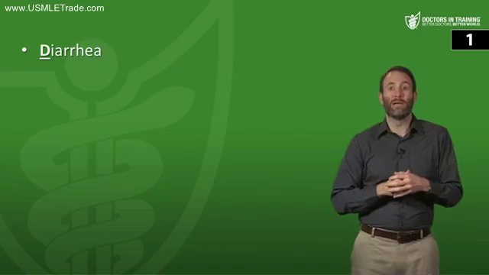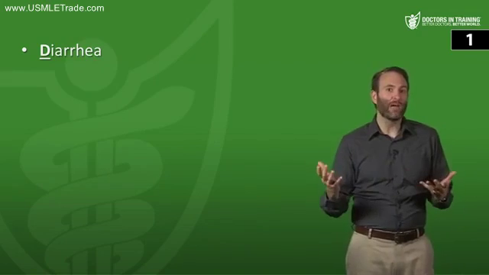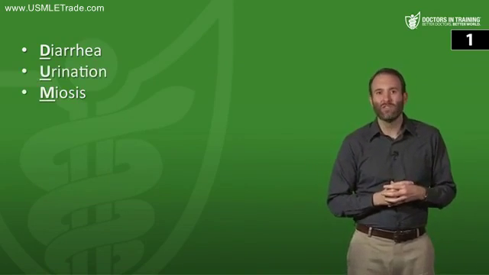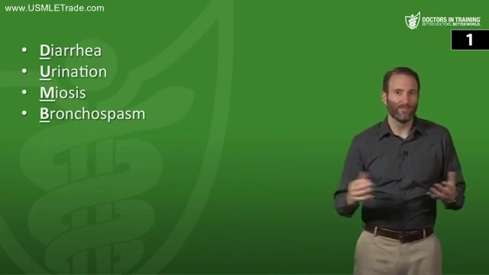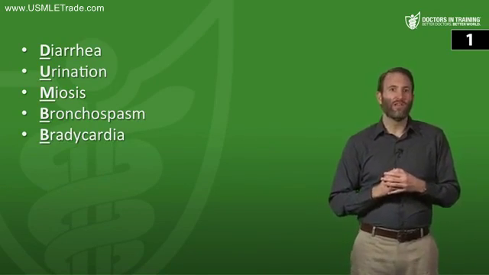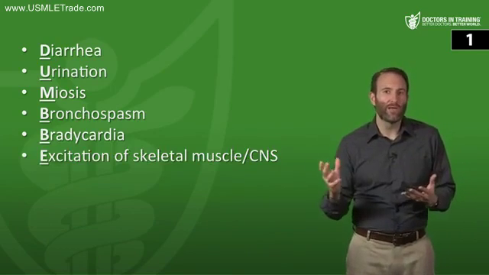It's time for that 3-question warm-up. Let's get going. First question here, what are the symptoms of excess parasympathetic activity? So remember, basically these make you leaky everywhere. Remember there's a mnemonic DUMBBELSS, which stands for D, diarrhea, U is for urination, M is for miosis, B is for bronchospasm, the other B is going to be for bradycardia, and then there's an excitation of skeletal muscles and